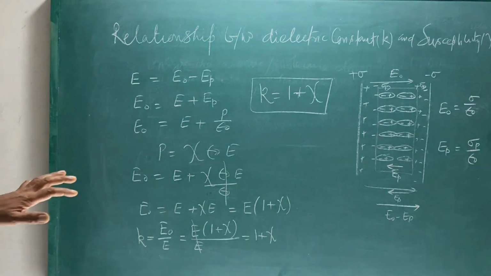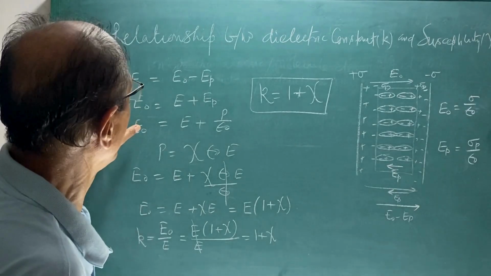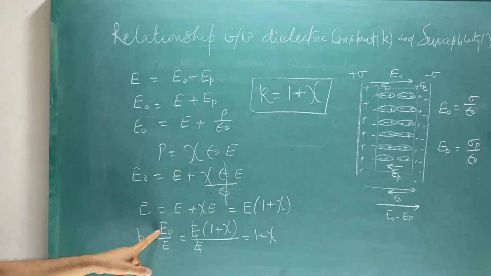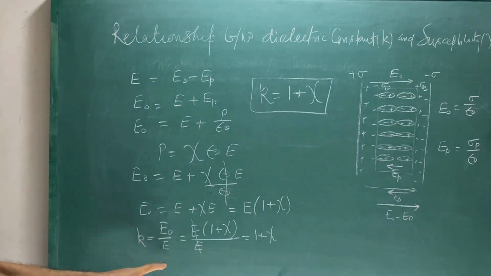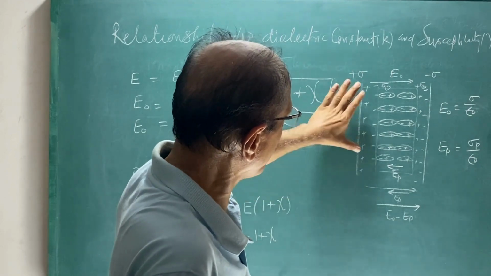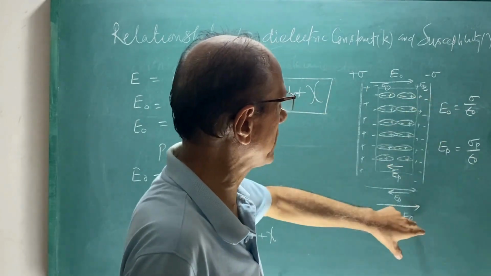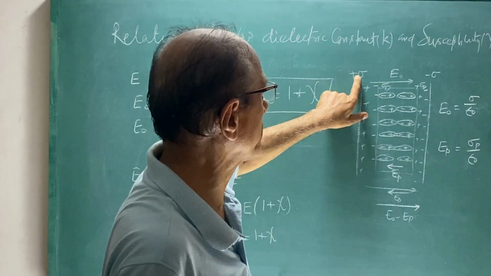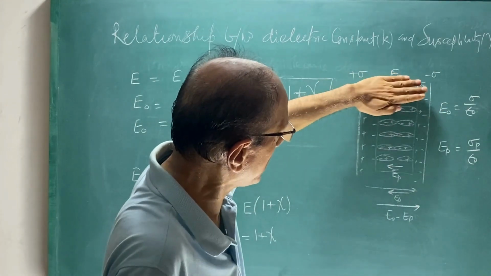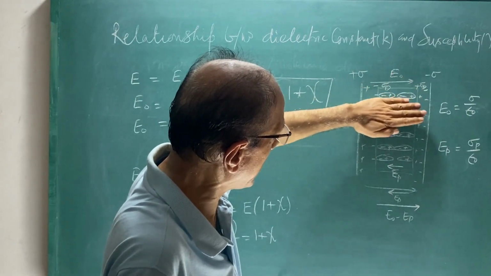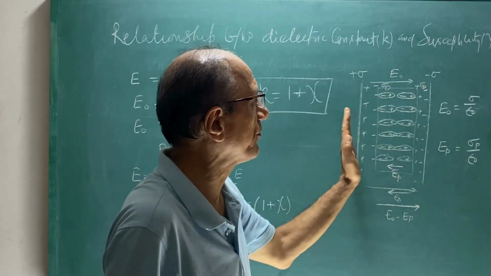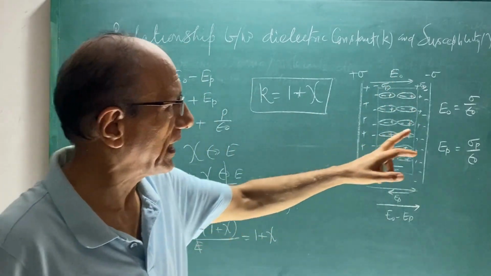So this is the relationship between dielectric constant and susceptibility. Let us see it once again. Dielectric constant, we know, is the ratio of the electric field in vacuum upon the electric field in the medium. Suppose this is the positive plate and this is the negative plate. So here the charge density is plus sigma and here it is minus sigma. In the absence of the dielectric medium, the electric field between the plates is E naught, that is given by sigma